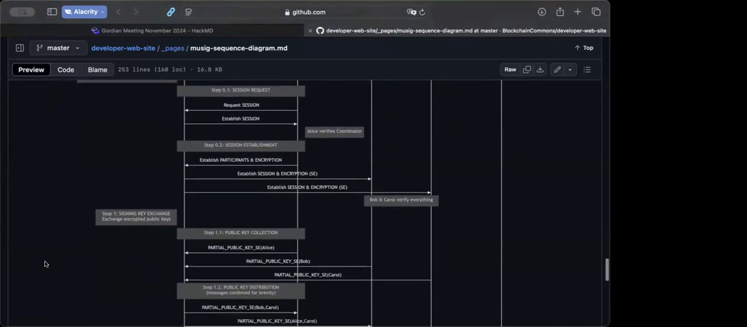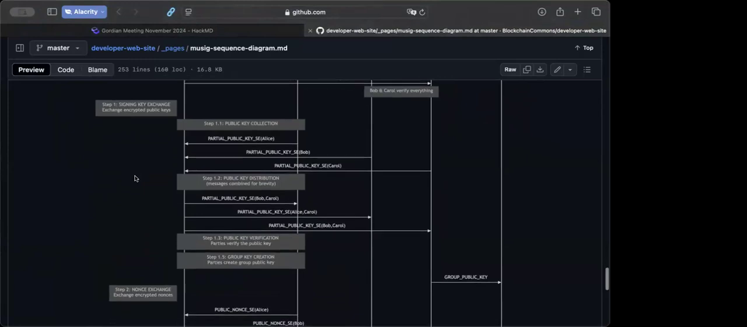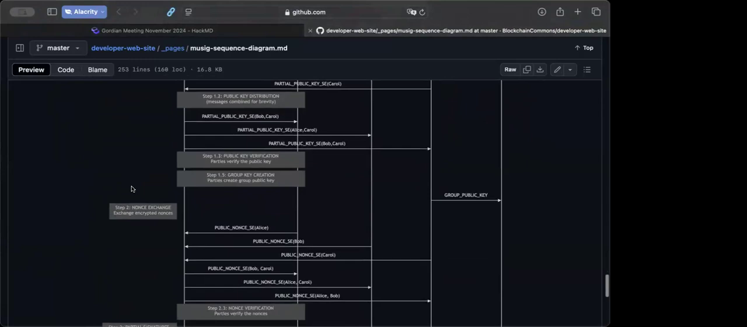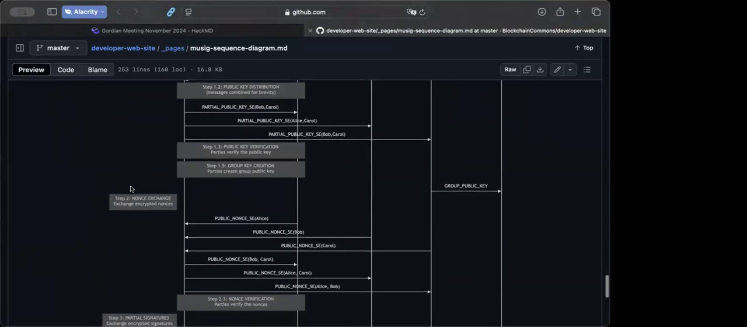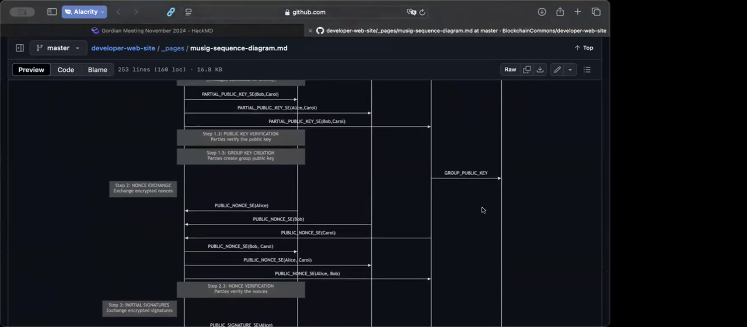So we can see the same step 0 here, where Alice, Bob, and Carol are basically requesting session keys for each other. Then they're basically doing the same steps, but now there are 3 parties of the public key collection and distribution of what is the public key that we're going to want to aggregate. Once this is all complete, we can send the group public key to a verifier if we want to do that in advance, or post